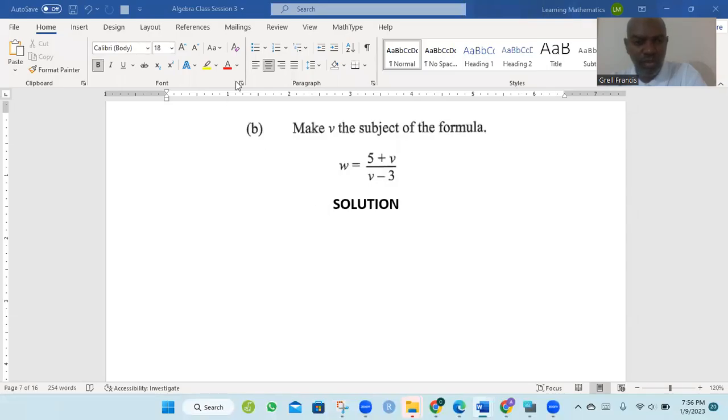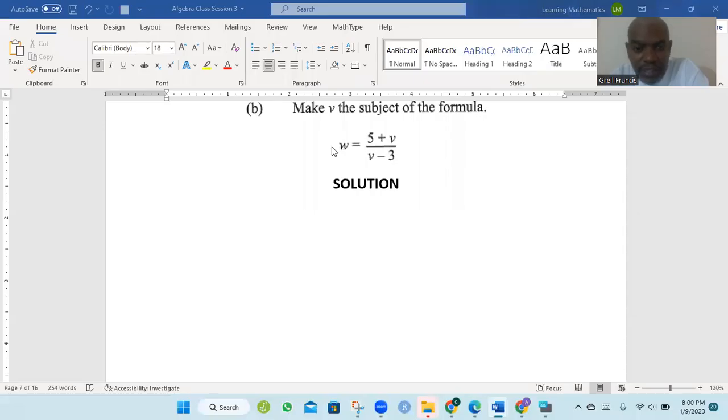So now we move on to number 2, part B in the 2022 paper, the June 2022. Make V the subject of the formula. W is equal to 5 plus V over V minus 3 and its solution. So please copy this down in your books, because anytime you're looking at a math video, you must have your pen and your paper at hand to actively participate in the video